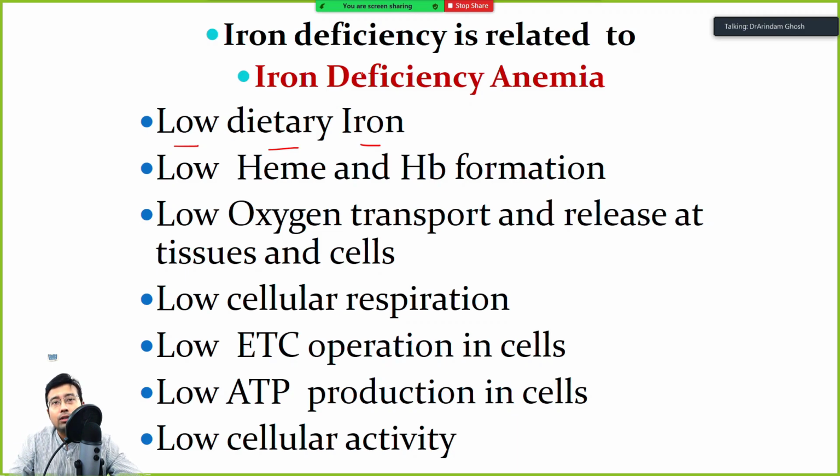But the most important factor is if there is some loss. For example, loss in bleeding, regular monthly bleeding in the case of females via the menstrual cycle. All these things can lead to anemia. Also in males, chronic loss of blood due to hookworm infestation. You know, when hookworm infects, there is loss of blood in stool. So this is very important for all of you.